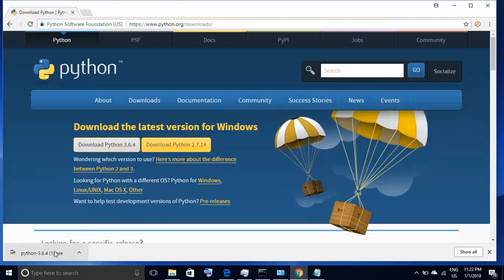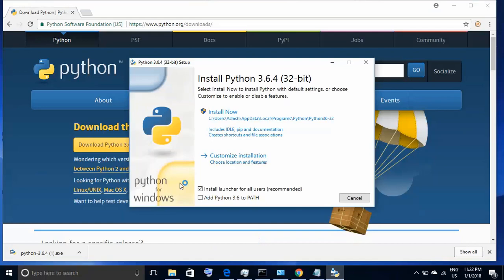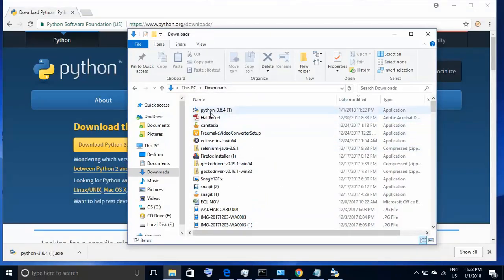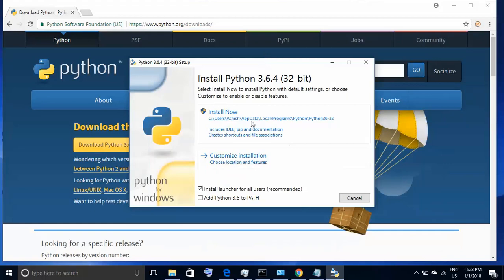So the download has completed. I would go to my downloads folder. You could just click this here if you're using Chrome browser, or you could go to your downloads folder. Here you could see Python 3.6.4, it has got downloaded. When you double click on this, you will get this window